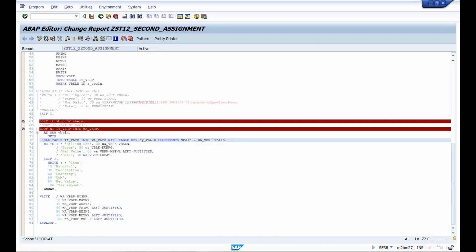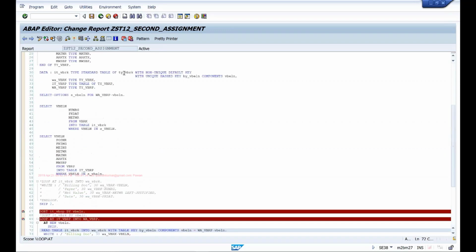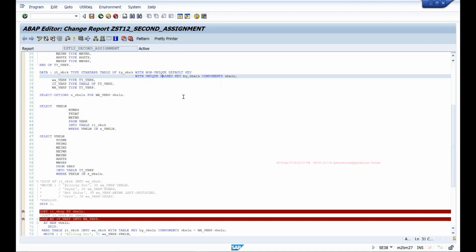So we had the option of writing a select within the loop, and we had the option of just using the linear search. That was simple and easy, but both of them are very bad from a performance point of view. Writing a select, this program will work, but it will degrade the performance of your program. That's why this is the best approach. So it may take some extra effort, but make sure you define a secondary key. Again, you have to take this call. You have to weigh the performance benefits compared to the administrative resources it takes for the system to maintain these keys and all these things.